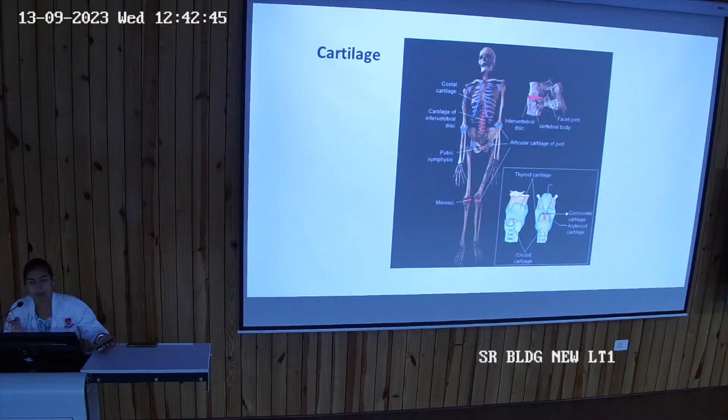Epiphysis is a very common question that is asked. Then the classification is very easy. You can remember that: long bone, short bone, flat bones. And the last one, the ossification laws. So all these points are the important